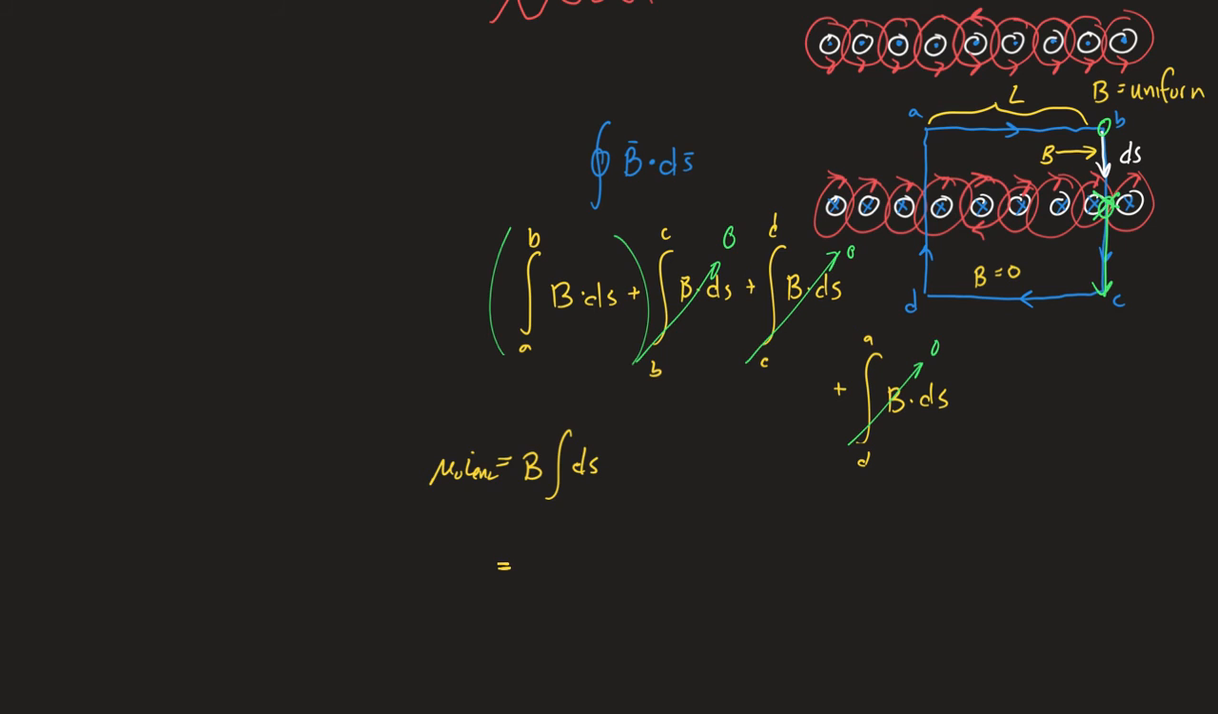Okay? So that means the right side is B times L. Right? The length of that single portion of the rectangle is L. So my integral is just that length. Now, the left side has our mu naught I enclosed. Now, if we say that there is a current passing through those wires, the current has to be